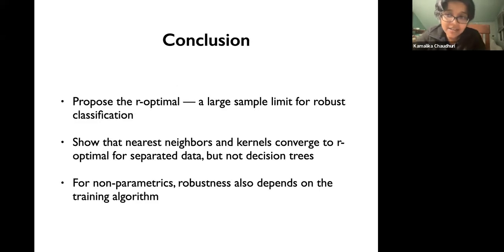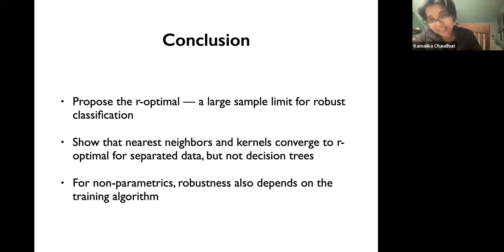So in conclusion, what we did over here is we looked at the R optimal, which is a new large sample limit for robust classification. We showed that classifiers like the nearest neighbors and kernels converge to this R optimal for well-separated data, but not things like decision trees. And what this tells us is that for non-parametric methods, the robustness, again, also depends on the training algorithm, right? So if you come back to these three cases that we had talked about, we have